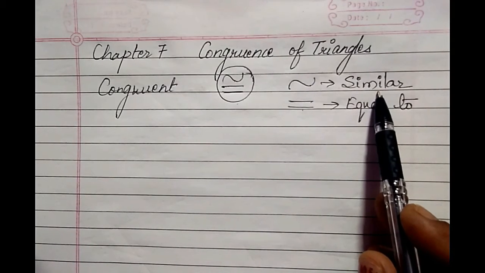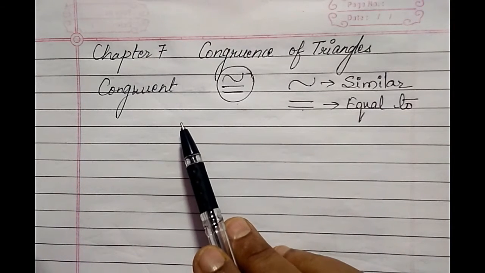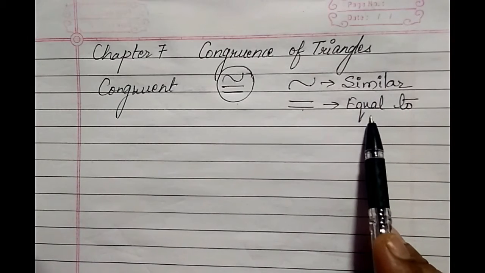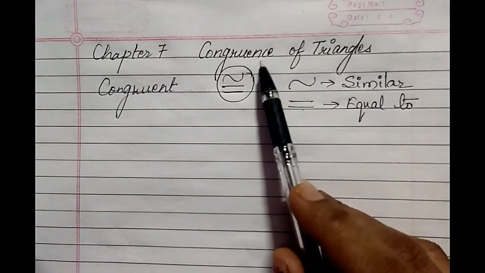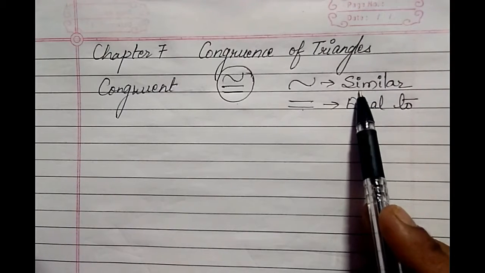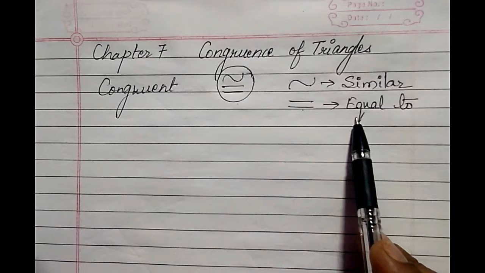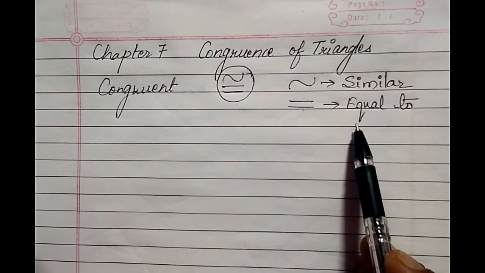Now, when two objects, here we would take plane figures. So, when two plane figures are similar and they are equal, then we call them congruent and their relationship is congruence. So, similar in what? Similar in shape and equal in size, then the two plane figures are called congruent to each other.